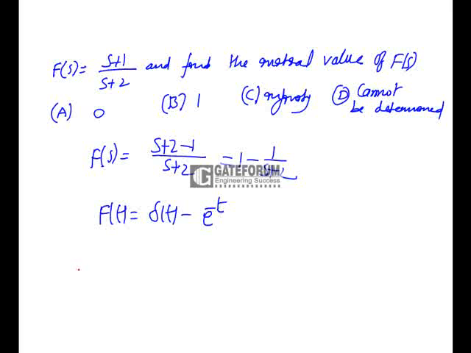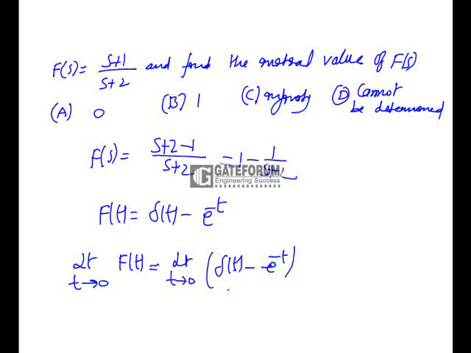To find the initial value of f of s, that means limit t tends to 0 of f of t, which is limit t tends to 0 of delta of t minus e power minus t. When you go through the initial value theorem derivation, the initial value theorem is not valid for impulse functions. Here f of t contains impulse functions. Since the initial value theorem is not valid for impulse functions, the initial value cannot be determined is the answer, option